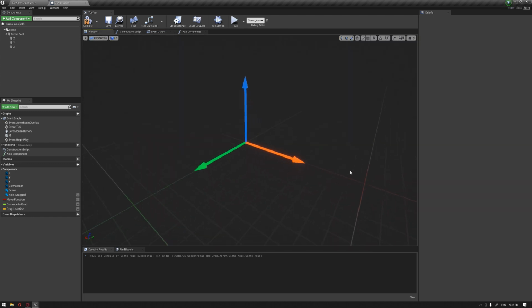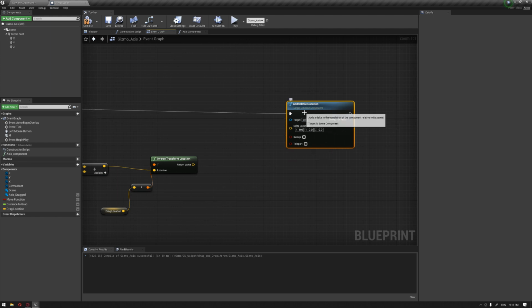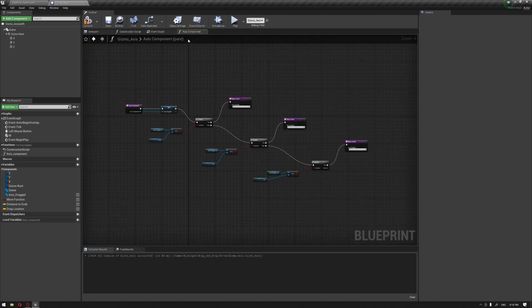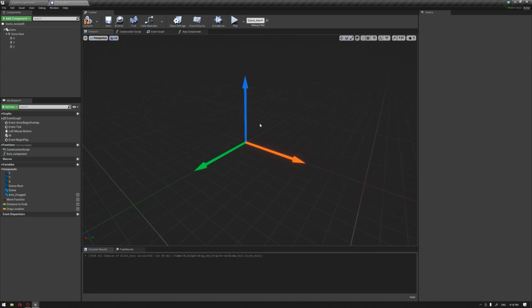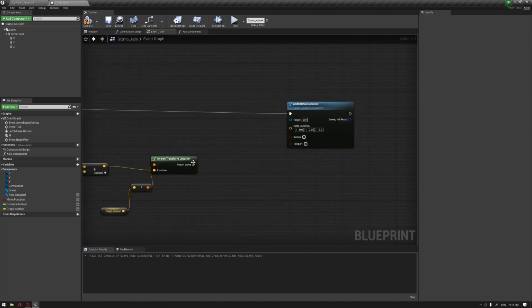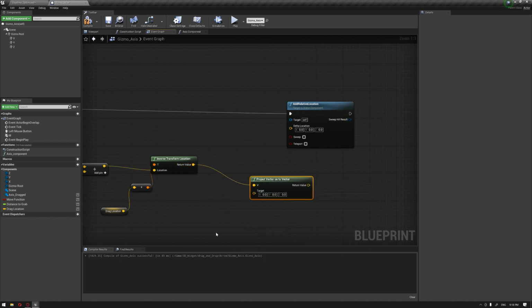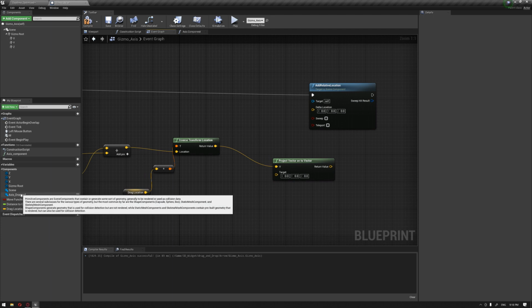The last stage we're gonna build here in the relative location is that we need to move these arrows in their forward direction. So instead of building a different movement axis on the X and Y and Z and adding different relative location nodes, basically inside Unreal Engine, the forward direction is basically the movement of each arrow in its forward direction. And this is where we're gonna call a node called project vector onto vector,